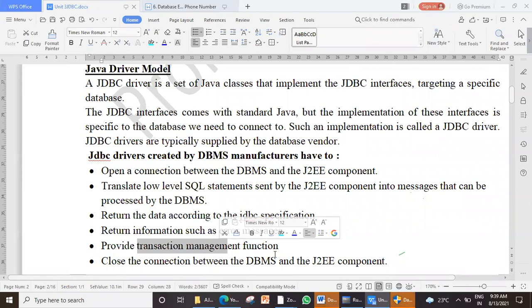Transaction management means, you know, in a DBMS multiple users can work with the database simultaneously. Like for example, you go to Big Bazaar, how many cash counters are there? So many. All of them are connecting to the same database, the billing software. Wherever you make the payment, it is going to your Big Bazaar account only. Forget about the account.